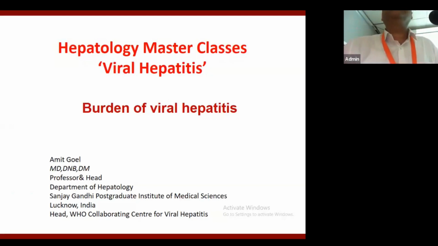When you have a patient, shall we screen everyone for hepatitis B or C, or shall we suspect hepatitis B in everyone who is presenting with jaundice or without jaundice? If you know the burden, what proportion of people are having this disease, that will help you to define your strategy for screening, making your suspicion, diagnosis, priority, etc.